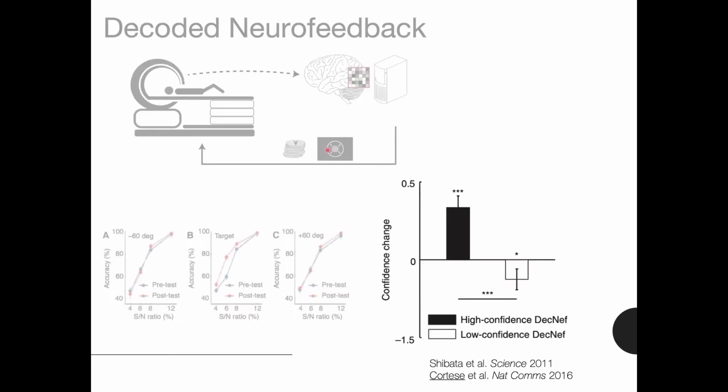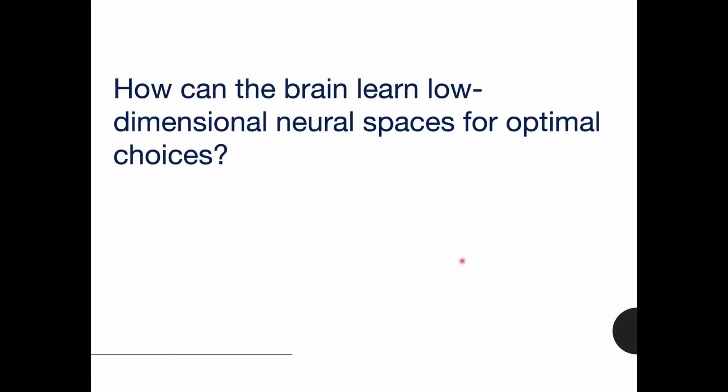This is because in this kind of setting, the brain has to pair a pattern of activity with a feedback term. And so really it has to find what this pattern of activity is. And if we look at the behavioral results of this experiment, it seems that the brain is able to do this. So we might then go on and ask whether the brain can, and if so, how, find this low dimensional space, but actually use it for choices.